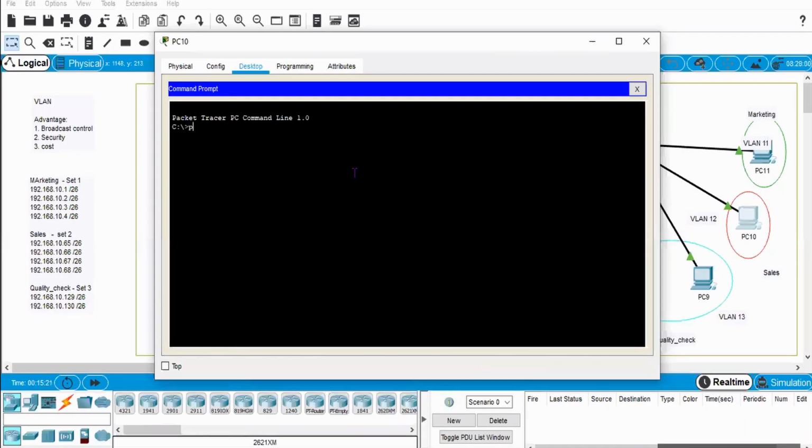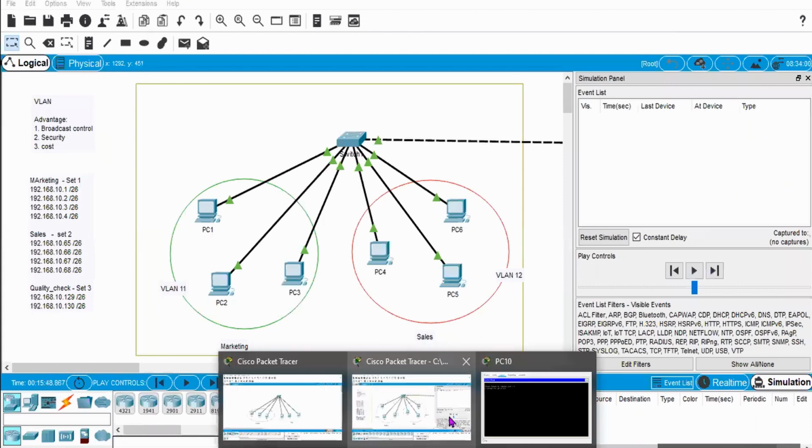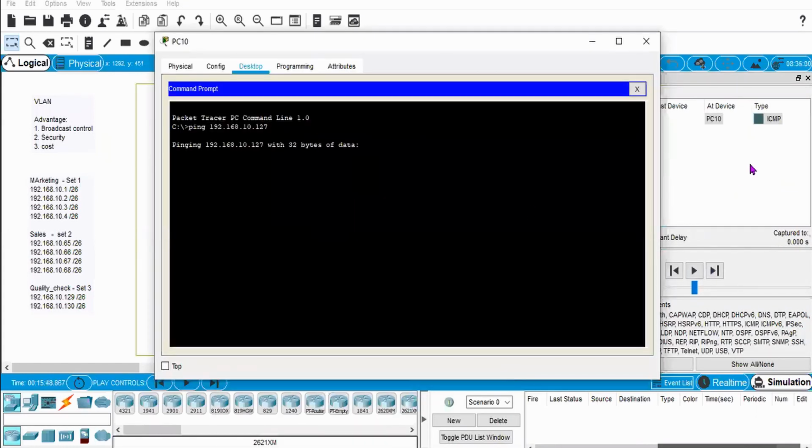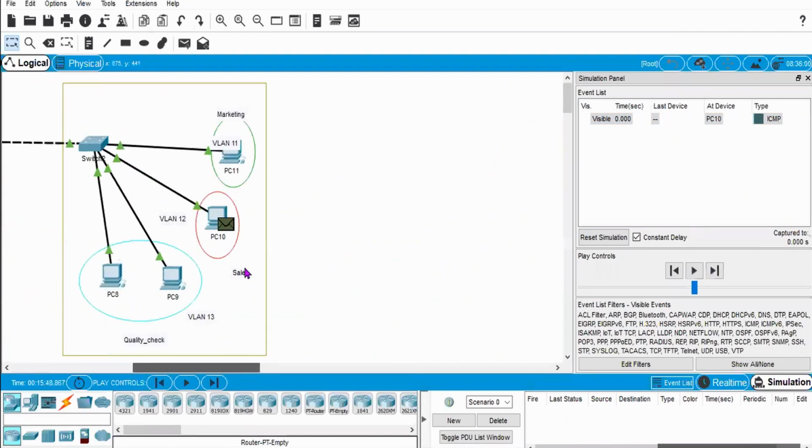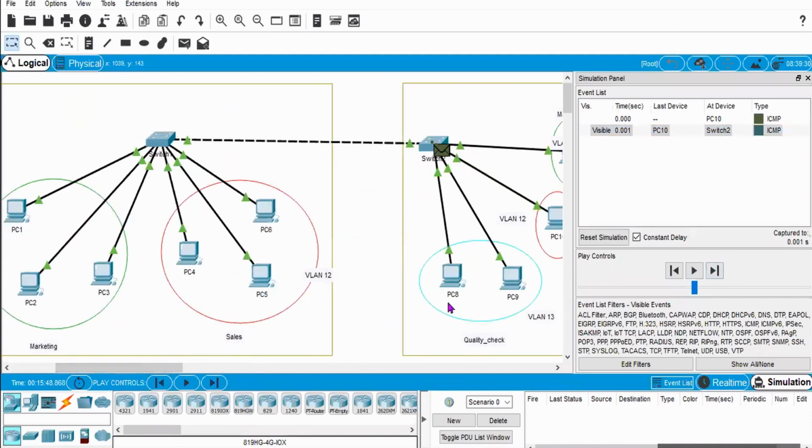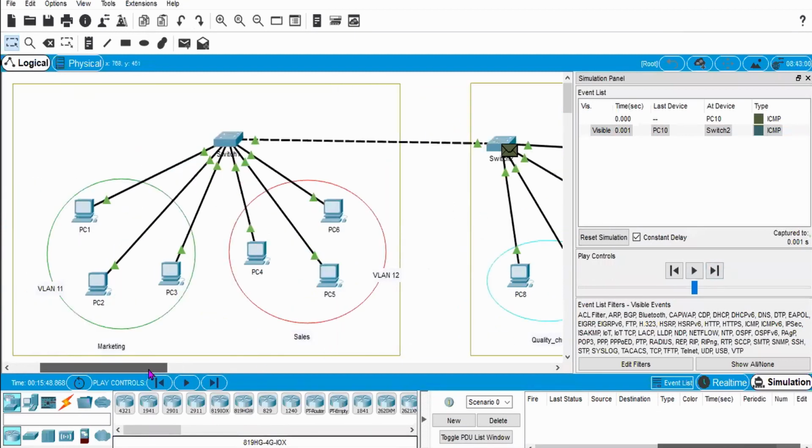So if I ping 192.168.10.127 in simulation mode for realization, this sales department PC is generating an echo request. That echo request will go to that switch, and since there is no other sales department PC of the same virtual LAN under switch 2, switch 2 will forward that to switch 1.